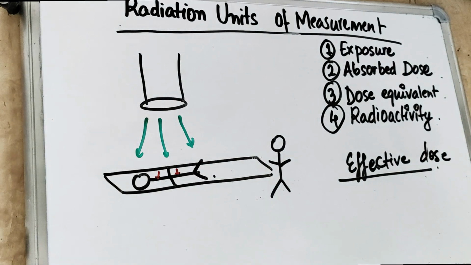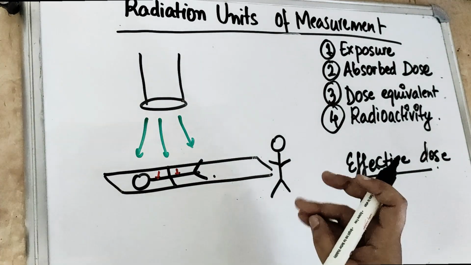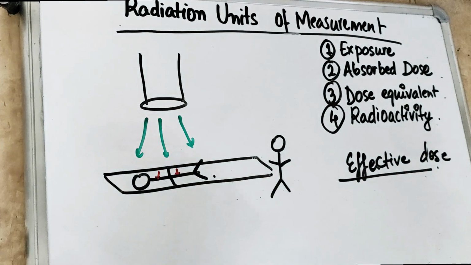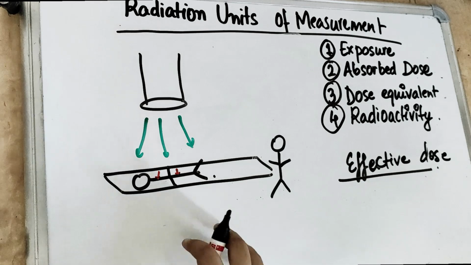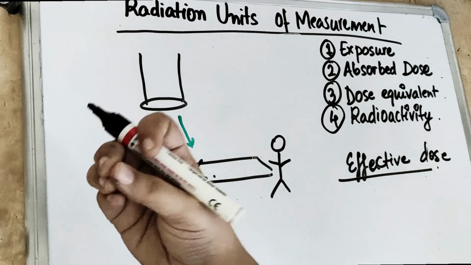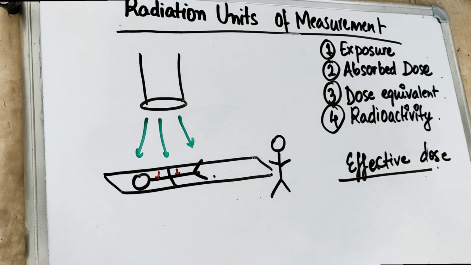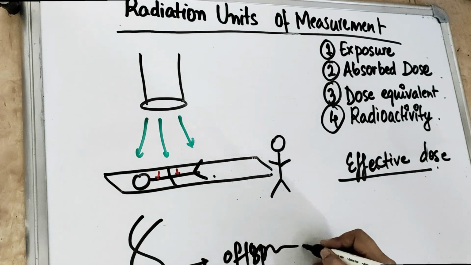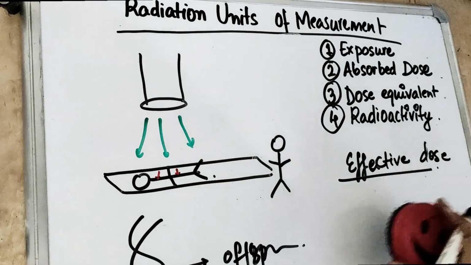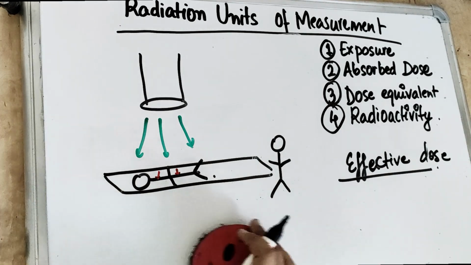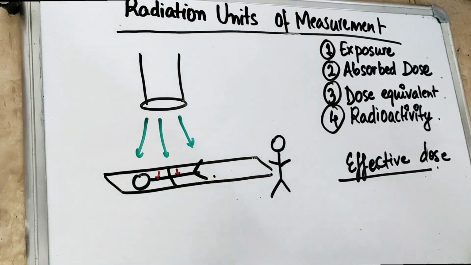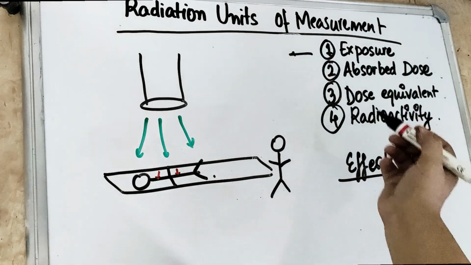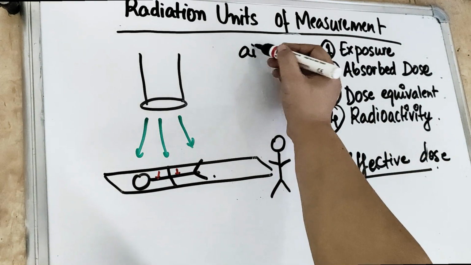So what is exposure? What happens when there is radiation present in the air? Hiroshima, Nagasaki, what was there in that? That was a nuclear blast in which the radiation particles were suspended in the air for a long period of time, and this is the reason that there were DNA changes seen in the offspring. So we want to measure in the air, and we also want to measure on the tissues. The first one is exposure, which is measuring in the air.